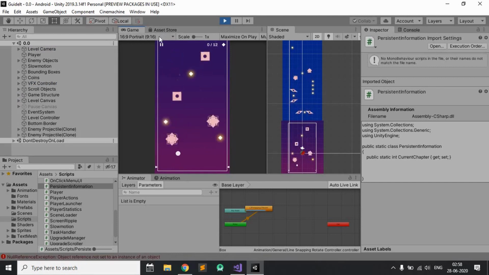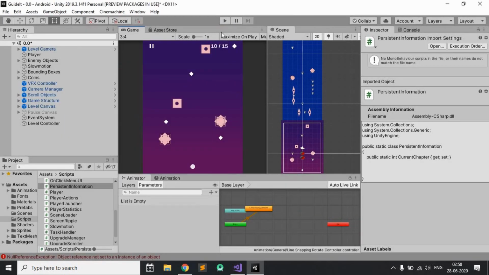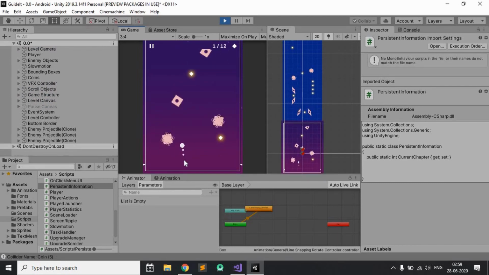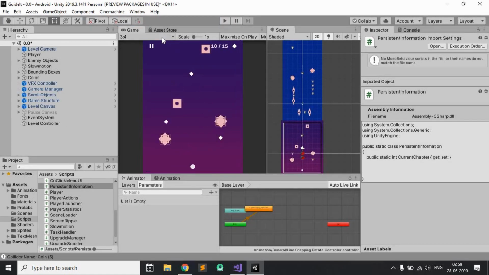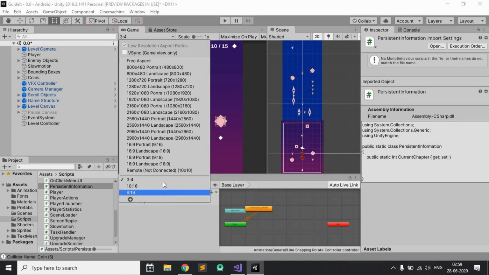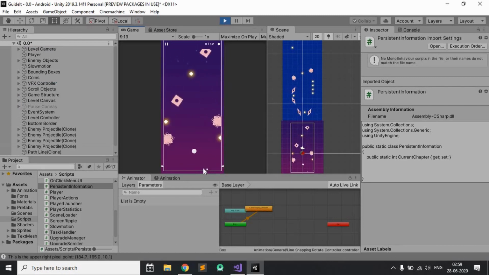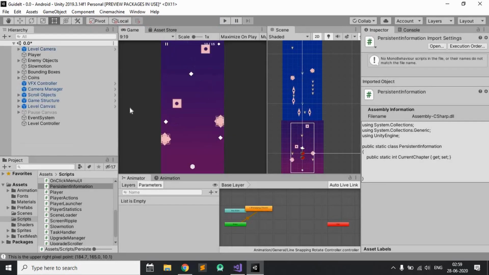But when I switch it to tablet mode, there comes a lot of room for players to move around and complete the level within the matter of seconds. Game becomes much easier. Similar is the case with modern mobile phones, which have the aspect ratio of 19:9 or 20:9. Unlike with the tablet mode, here the game becomes a lot harder and ugly at the same time.